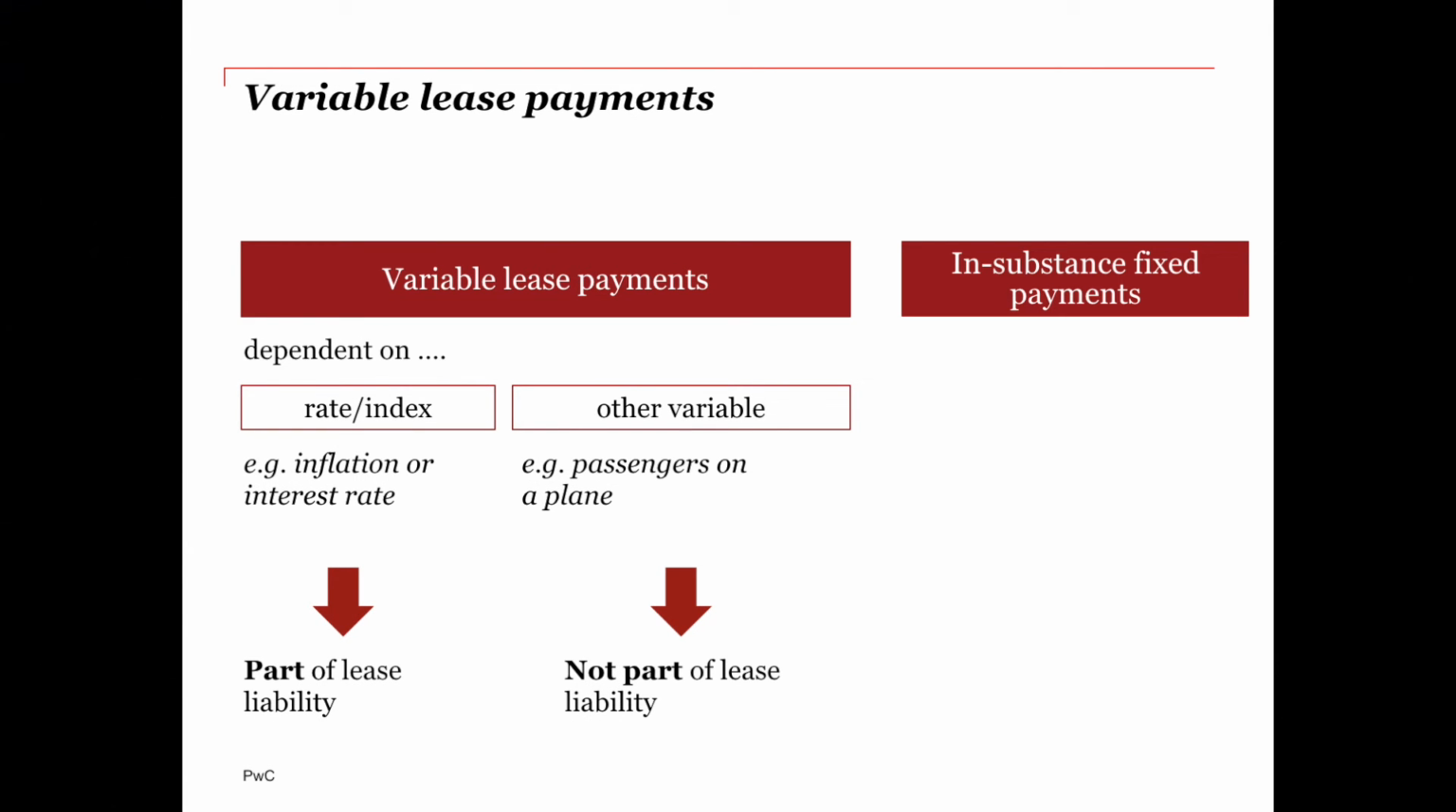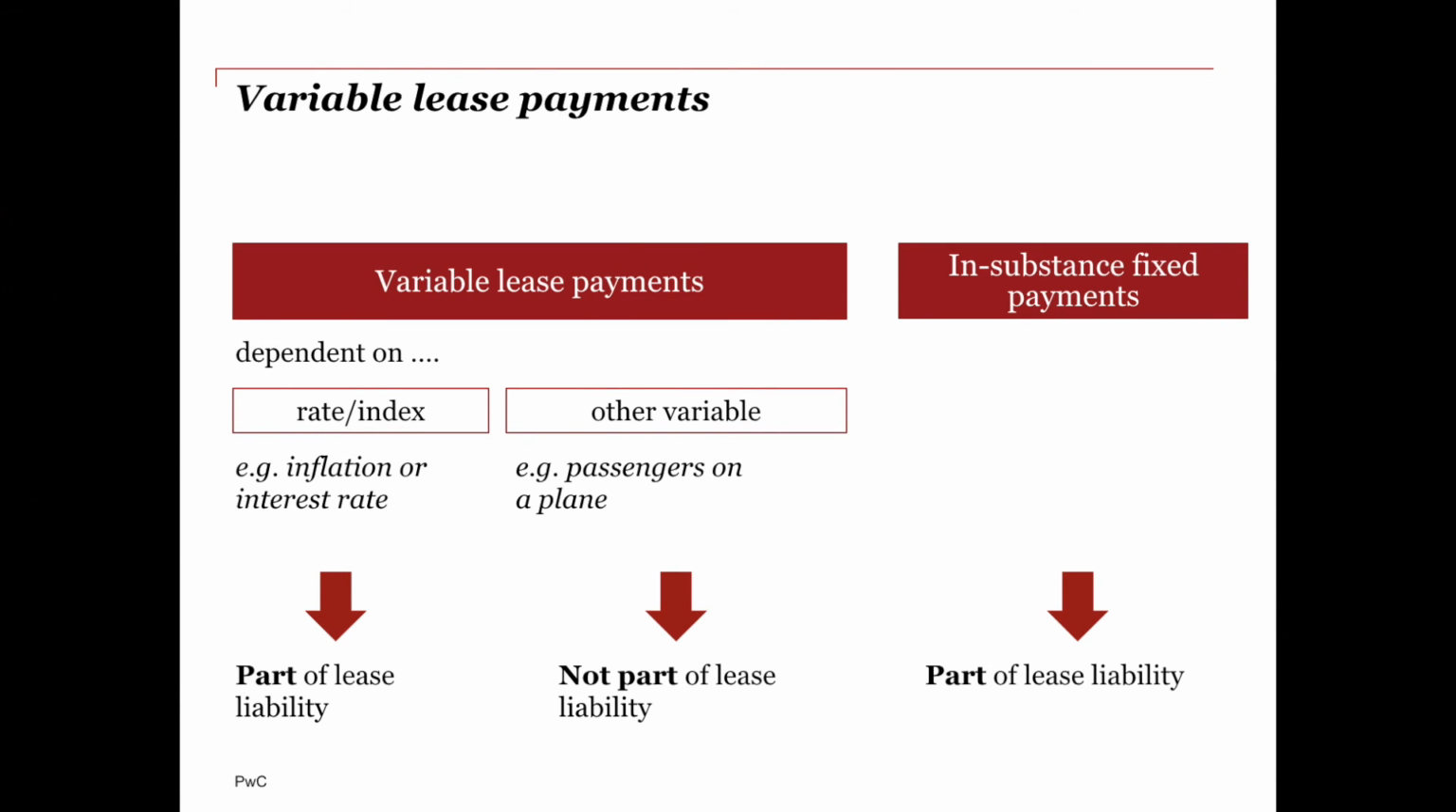The last category of variable lease payments are so-called in-substance fixed payments. Lease payments that in form contain variability, but in substance are fixed, are included in the lease liability. In practice, it will be very difficult and judgmental to assess whether variable lease payments meet the definition of in-substance fixed lease payments. The only hint IFRS 16 gives is that a lease payment is in substance fixed if there is